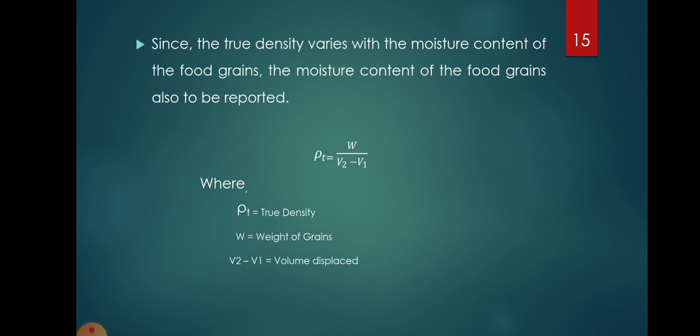and then that 100 gram weight sample is placed inside the measuring cylinder containing oil. Due to the pouring of biological material in that measuring cylinder, the level of volume increases, and that final level is nothing but the V2. From that V2 and V1 we find out the difference, and that value is placed in the equation W by V2 minus V1, and in this way true density is measured.